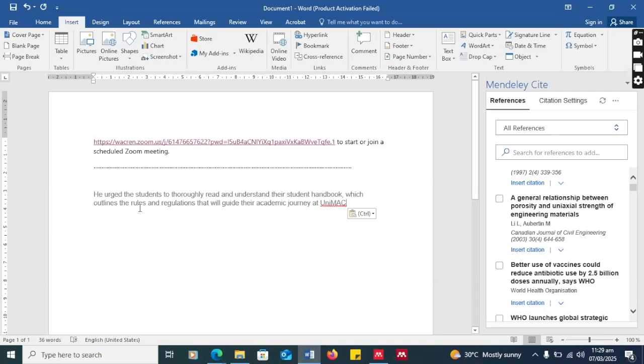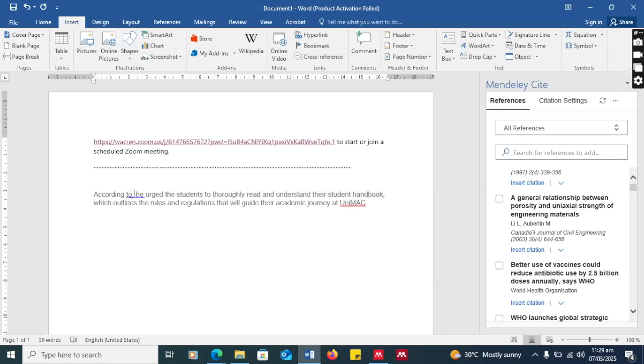Now this piece of text belongs to Unimark, and so we have to cite. As most of us will normally do: according to, in the view of, as postulated by, whichever one you choose. Unlike previously, where you normally had to type Unimark 2025, this time around you leave the cursor blinking after according to. Okay, let me add my two. So according to,